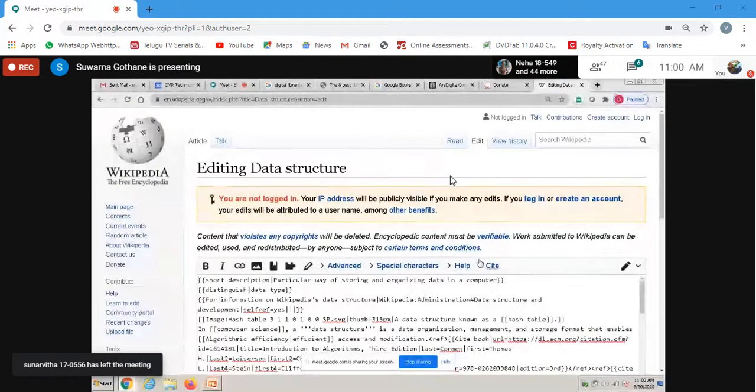But you need to create a proper login. For that you need to create an account. Once the account registration is complete, you will get logged in. That's why it is showing me you are not logged in. Once you log in, your IP address is going to be visible at the server end for whoever has performed this modification.